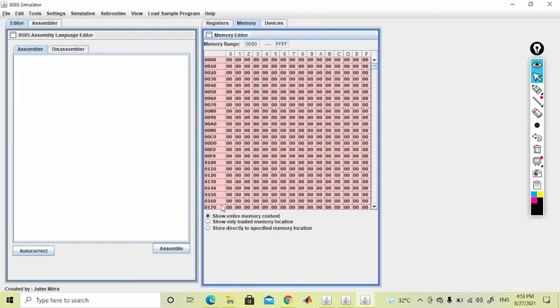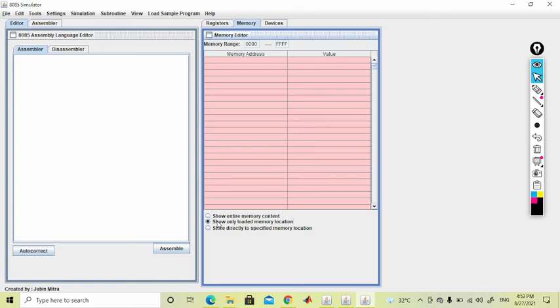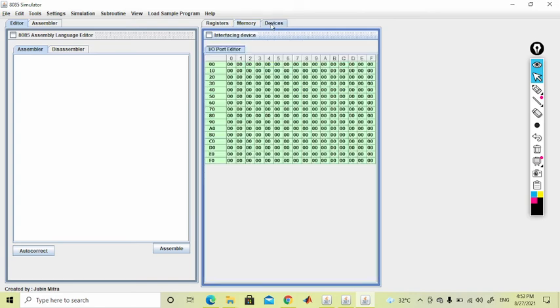Like that, we can also show only the loaded memory locations, and by this we can store values directly to specified memory locations. These are the interfacing devices, whatever devices we connect with the microprocessor, like pen drives.